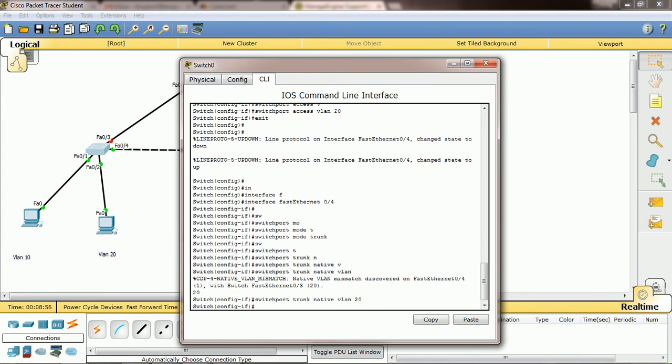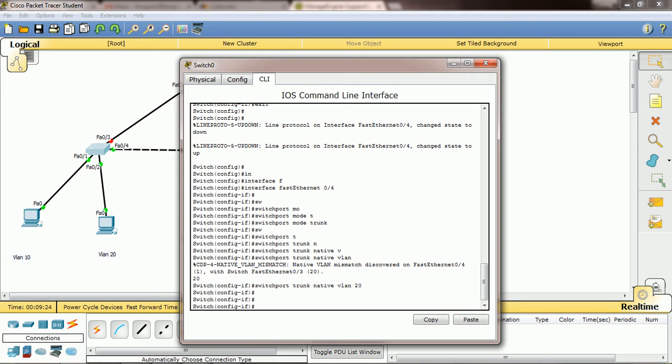and you can't assign this side as VLAN 10 and the opposite side as VLAN 20. Both sides should be the same VLAN, and in a network you can give native VLAN for a single VLAN. Okay, if you get confused, go through these commands, how I am configuring, and you will come to know how the native VLAN is working.